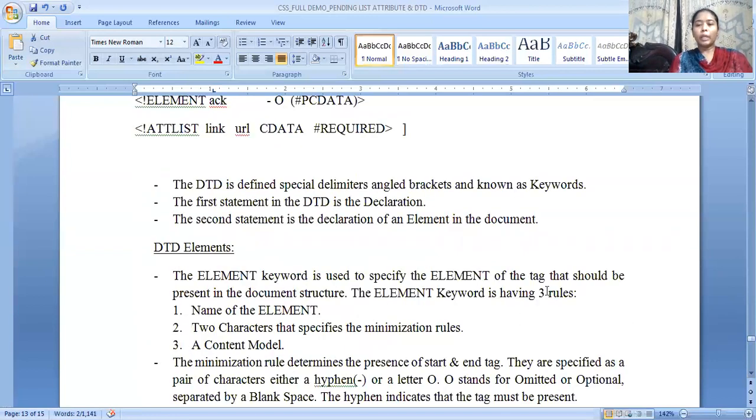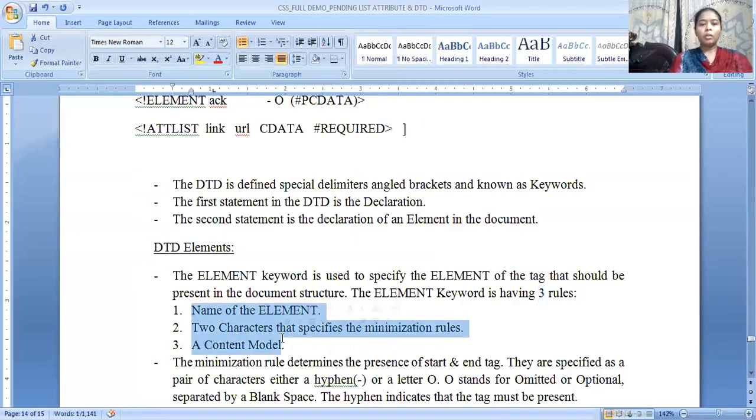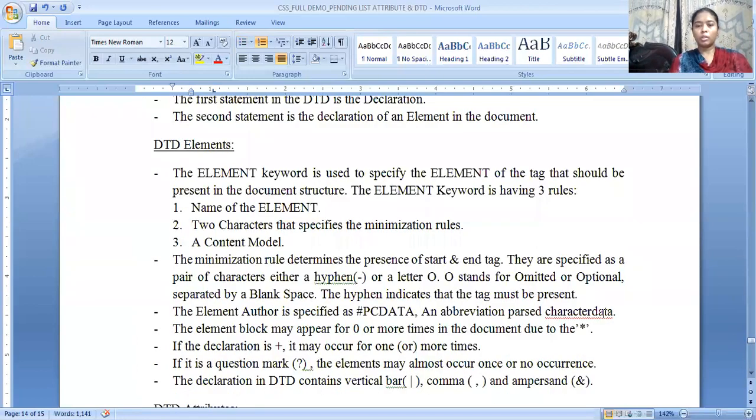Let us see what are the three rules which need to be declared. So the three rules are name of the element, next two characters that specify the minimization rules, and the third thing is the content model. So let us see what are the minimization rules. It determines the presence of start and end tag, and it has two characters, either hyphen or O. O stands for omitted or optional, which is separated by a blank space, and hyphen indicates that tag must be